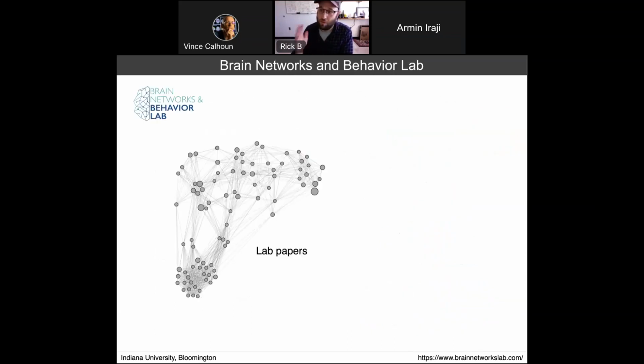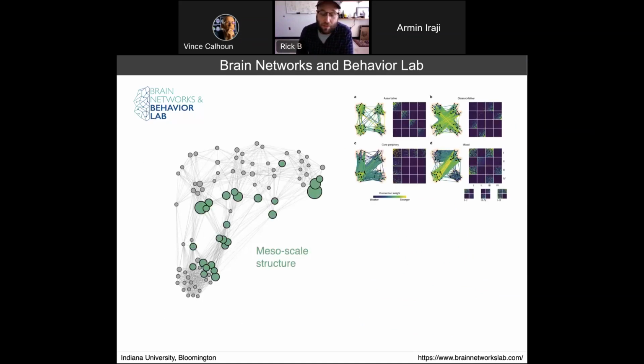My lab works in this space, and this is the final kind of introduction few slides. My lab works in this space, network neuroscience broadly. These are our papers from the lab. They're interlinked thematically. And share your code if you want to do this. It takes data from Google Scholar and builds these kinds of networks from your papers. But these are papers that are linked if they share common themes. And my work has lots of themes that, although it's diverse and sometimes applied, sometimes theoretical, it is interlinked by a small subset of themes.